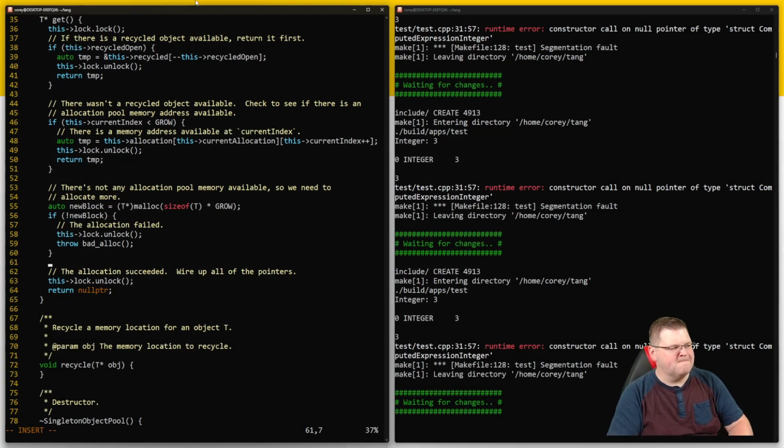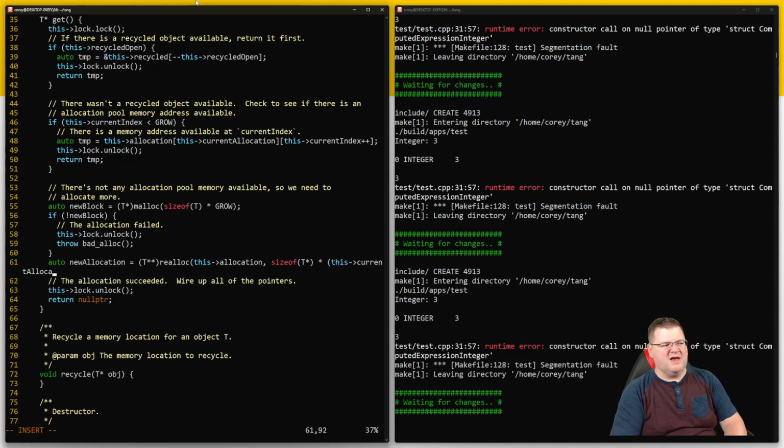So it is equal to, and this I already know I've got to cast it because it's going to be a realloc, and it's a t star star of realloc allocation, that's singular, and size of how big, so size of a t star times this arrow current allocation